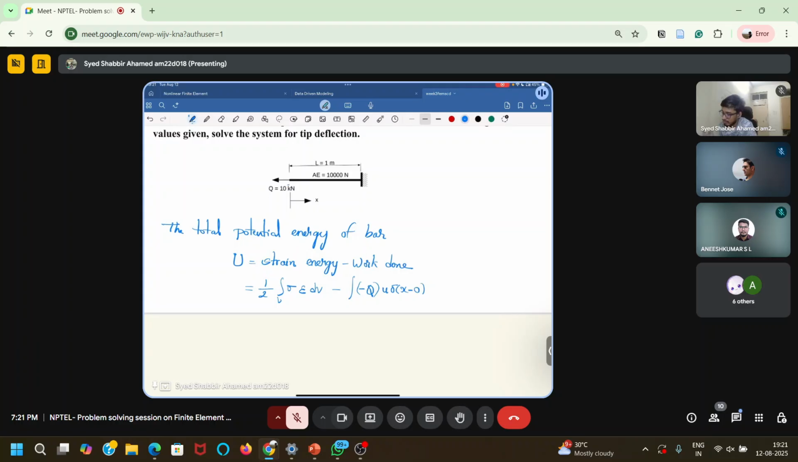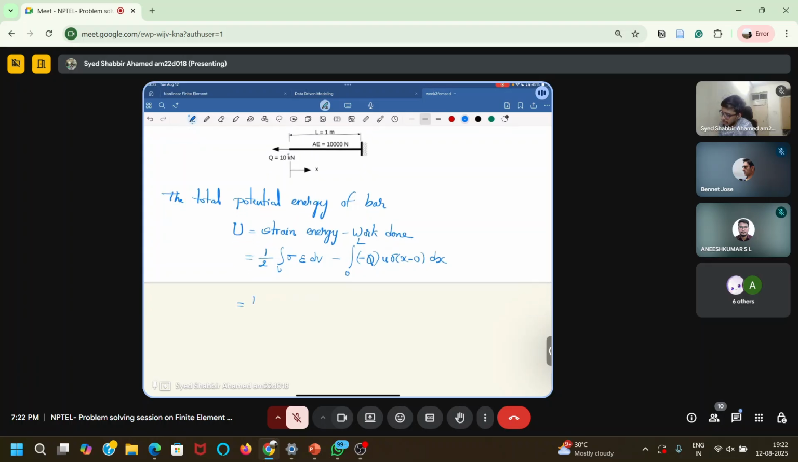The Dirac delta function, I think you know. If somebody doesn't know, please tell me, I'll explain what a Dirac delta function is. So we use the Dirac delta function to write the work done by the external force on the bar. Now we can write, by using Hooke's law,